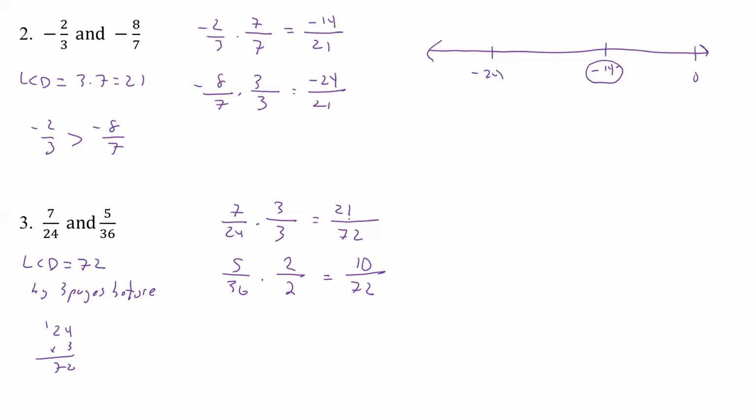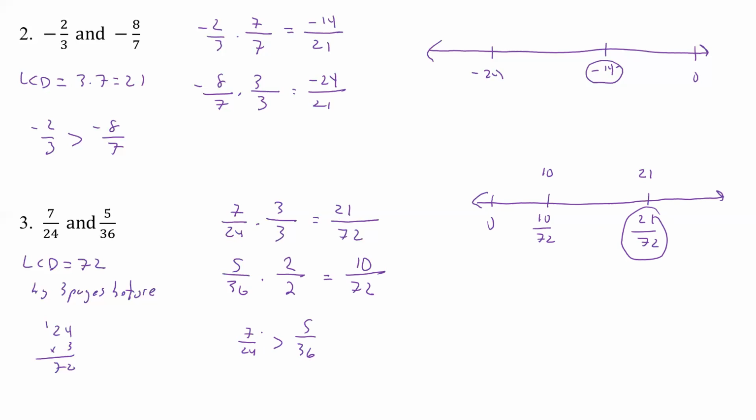Now this one's a lot easier because these are positive numbers. So we don't even have to think too hard about that. So if this is 0, now we can look at the numerators and denominators combined. We can look just at the numerators. So if we look at it as a fraction, 10/72 is going to come here, and then we go over here a little over twice as far. That's 21/72. And so this one is bigger. Now we could also have looked at just 10 and 21, and we know 21 is bigger than 10, so we could have done it just with numerators once we got that common denominator. And so which one's bigger? That means 7/24 is greater than